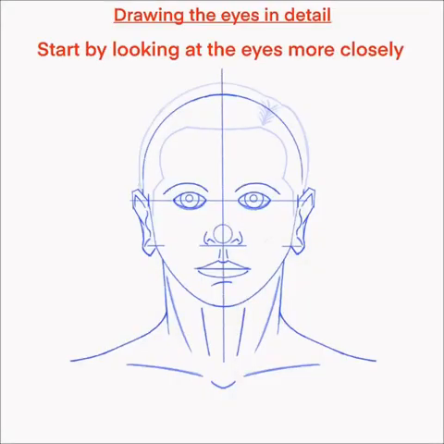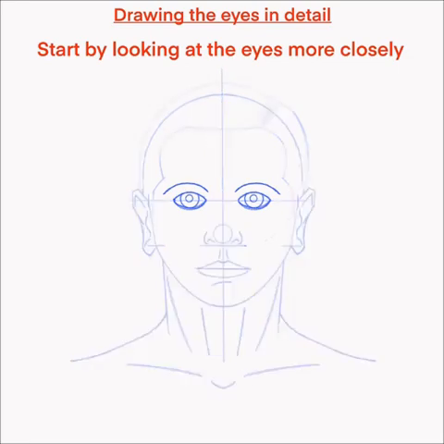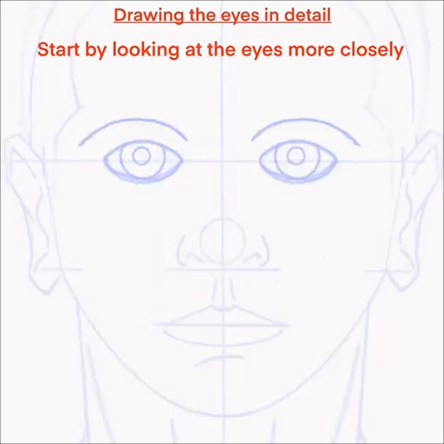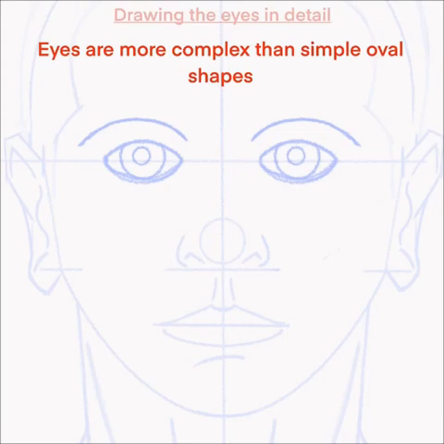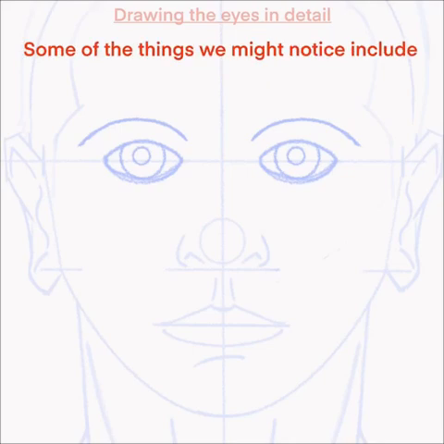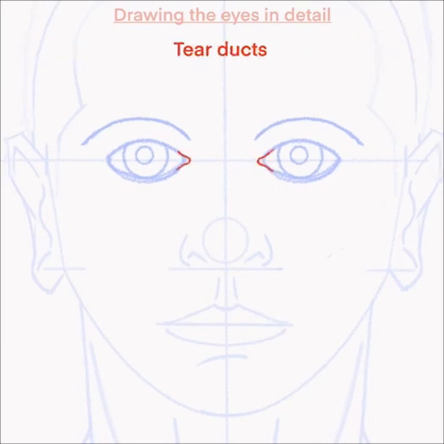Start by looking at the eyes more closely. Eyes are more complex than simple oval shapes. Some of the things we might notice include tear ducts,